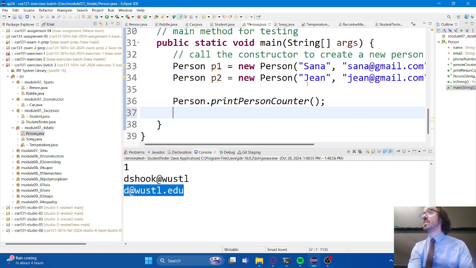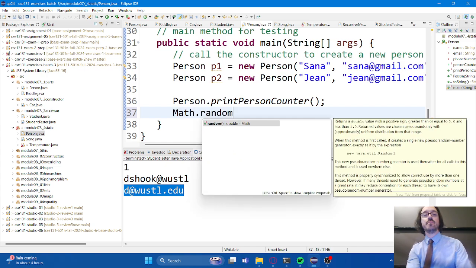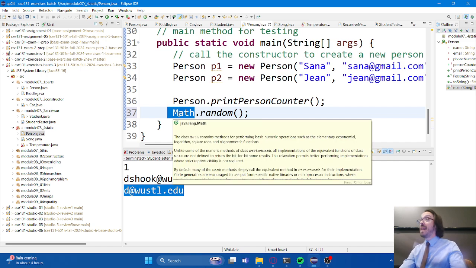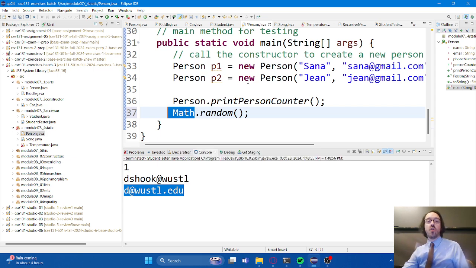We've used other static methods. What's another example of a static method that we've used? Well, yeah, main method, but I was thinking of Math.random. I didn't have to create an instance of the Math class, right? I didn't have to call the Math constructor. I don't think there is one. How do you create a Math? I don't know, right? I just call the method directly on the class.